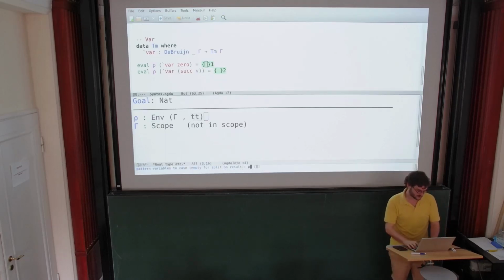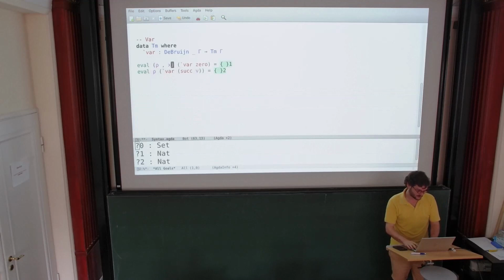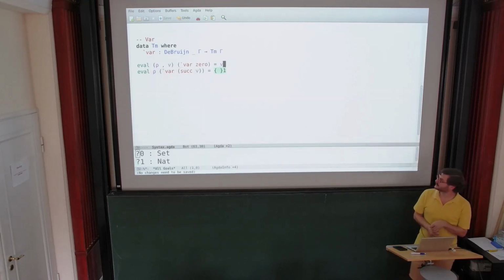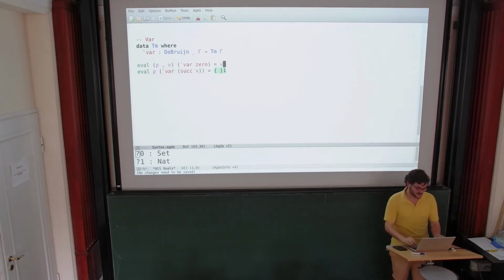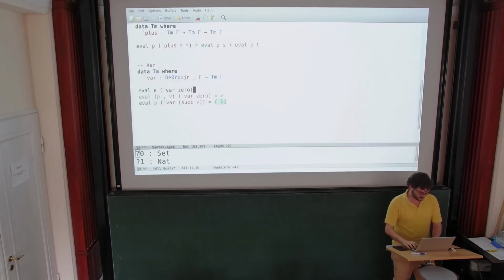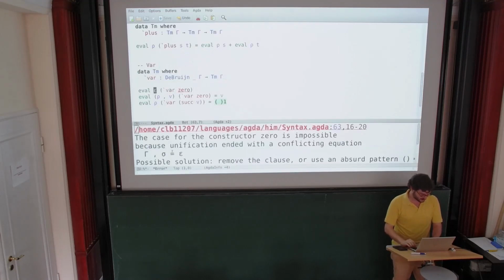So we can split on it, and this will give us the value v that we can return immediately. And we don't need to consider the case var 0 with an empty environment,